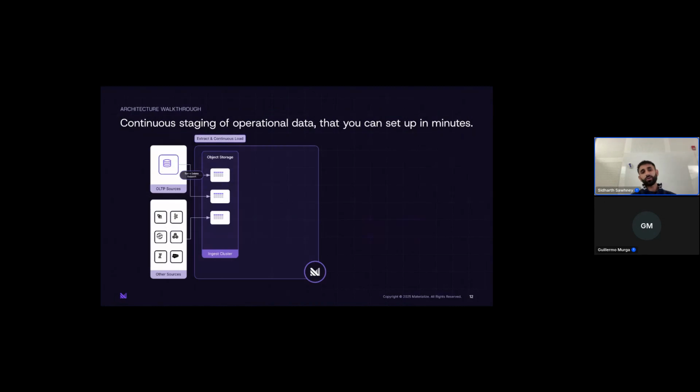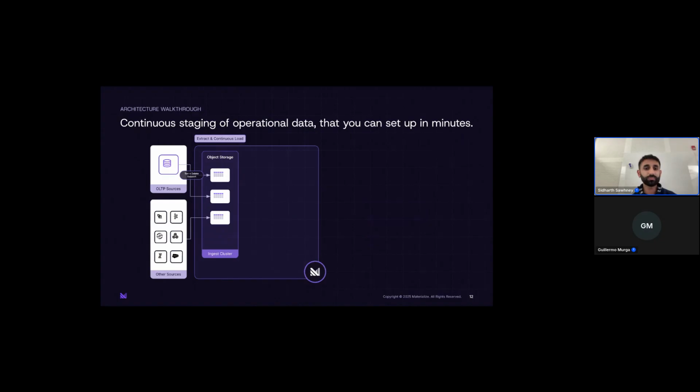Now let's go a little bit deeper into how Materialize works and how Freshmart can use this. So Freshmart will connect all of their different sources to Materialize that the AI agents would need. We can think of our inventory table, our customer preferences table, demand information, pricing information.